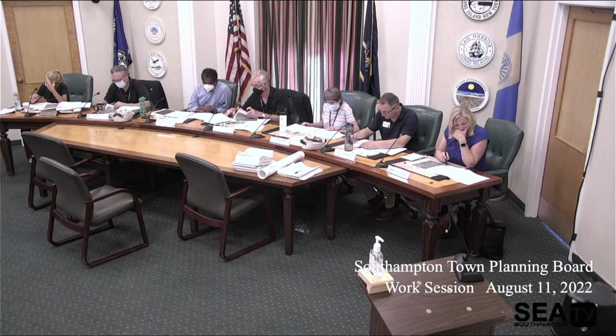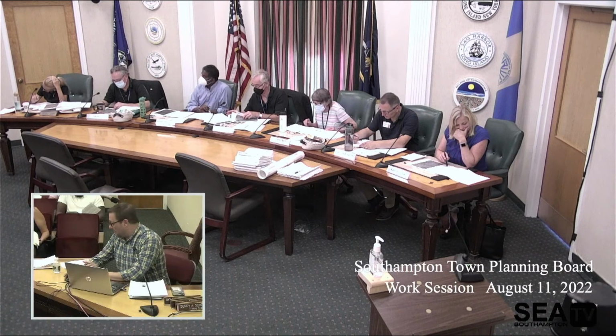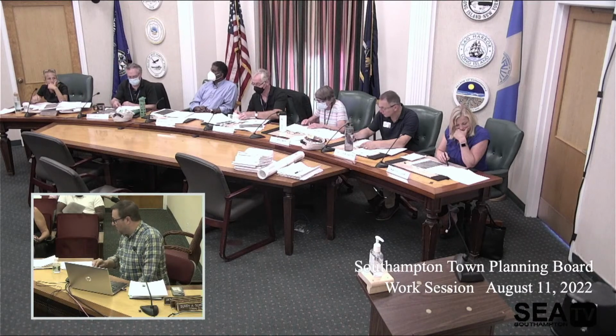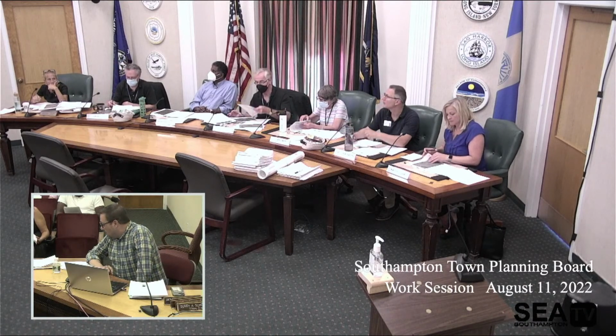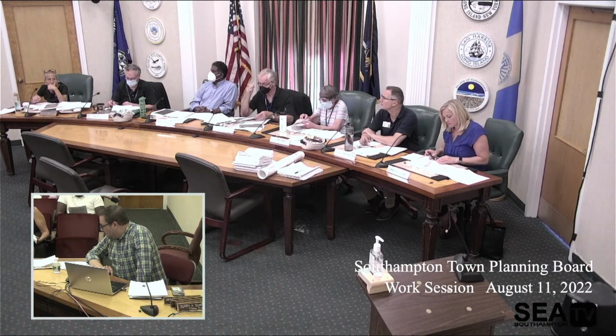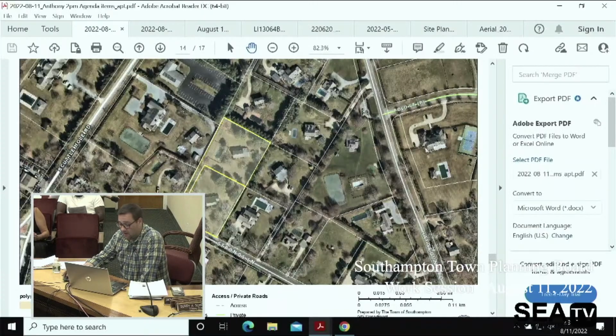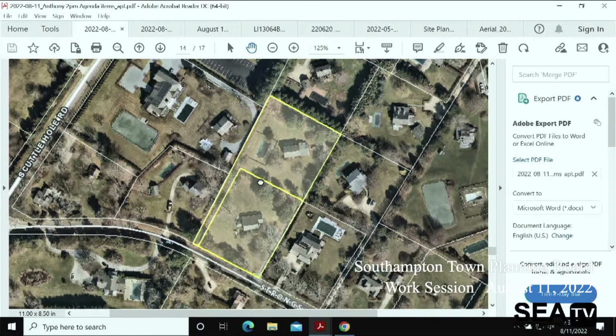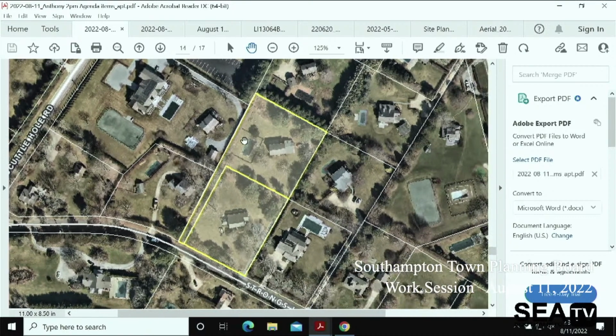This is an application, a lot line modification for all intents and purposes. These 2 properties are in the CR 80 zoning district. This is in Watermill, and the properties are located on Strong's Lane. Scuttle Hole Road is over here, Hayground is over here, 2 lots in question here, both improved. What happened was, as far as I could understand, you had the subdivision that created these 2 lots, or